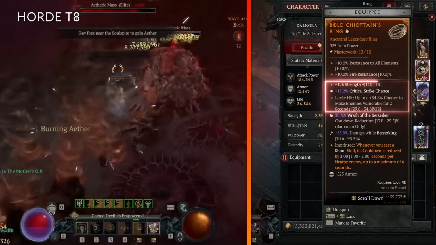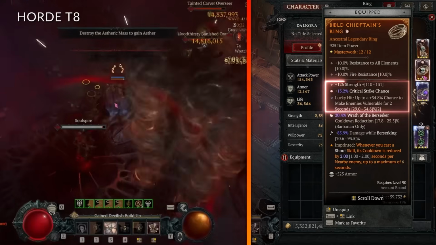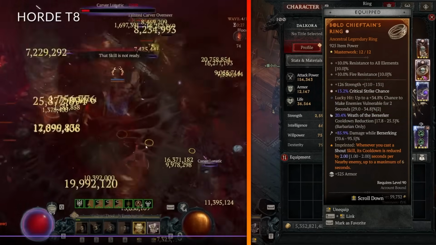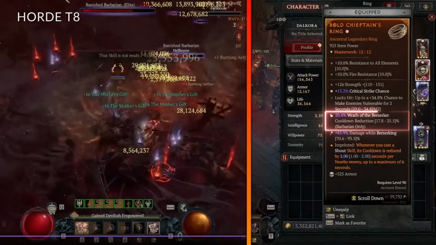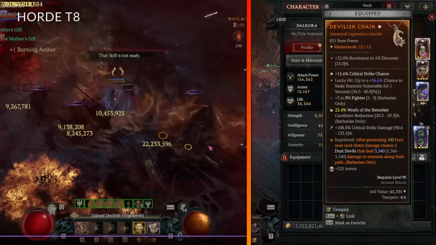This is pretty much perfect stats on this one that I've got here. Wrath of the Berserker cooldown, and then damage while berserking. As far as Greater Affix goes, the main priority is critical strike chance, and for Masterworking, you want to try and get as much of that on the Wrath of Berserker temper as possible. And then finally, moving up to the amulet, and my amulet's a bit of a mess, so